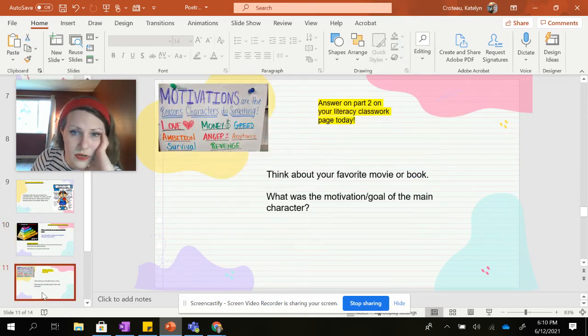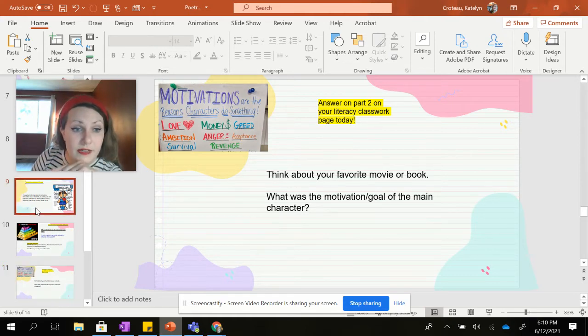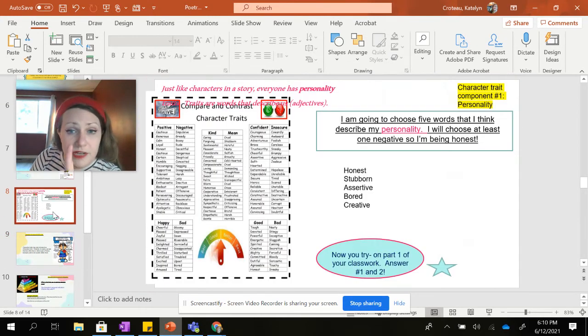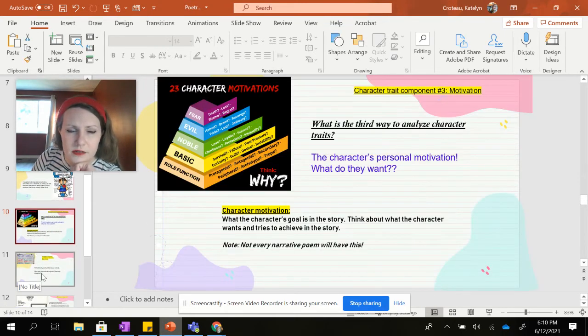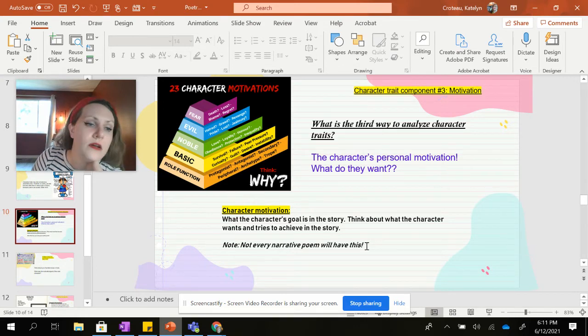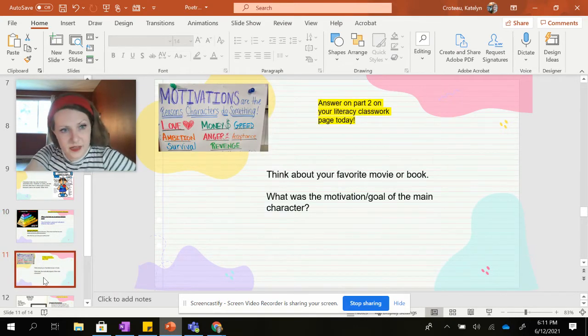So here's what I want you to do. Think about your favorite movie or book. Can you think of what the motivation or goal was of the main character? Not what they look like, that's this one. Not their personality, that's the first one. What did they want? And go deeper, because what if it was a story where the kid wanted to win